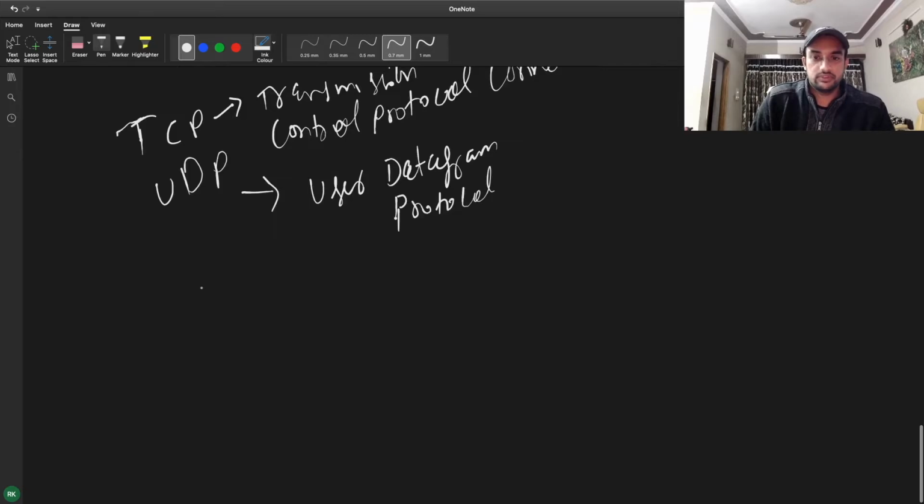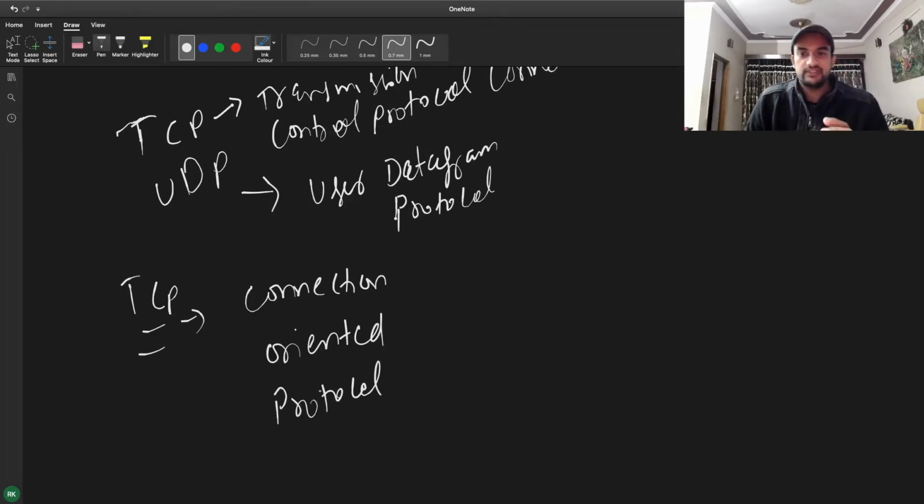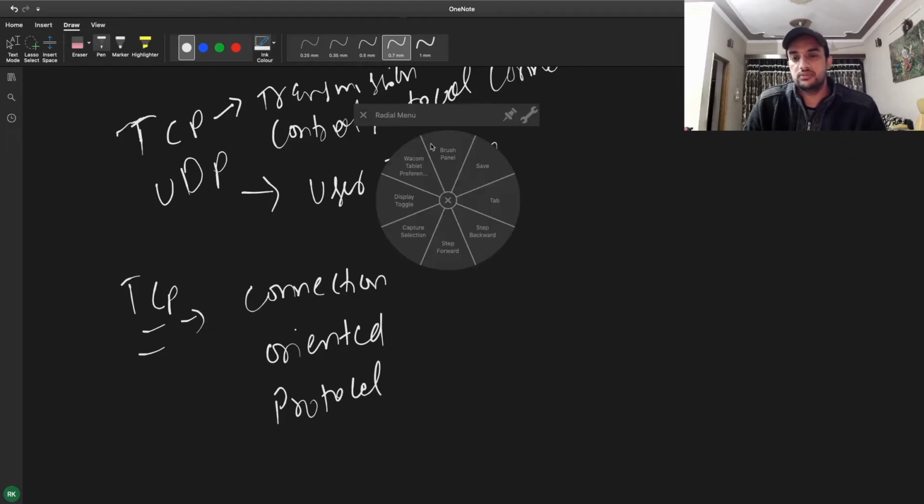Let me give some information about TCP first. TCP is the Transmission Control Protocol, and it's a connection-oriented protocol. When I say connection-oriented, what I mean is that when we want to communicate with a particular client, we have to establish a connection with it. That's TCP's responsibility. TCP provides some information which can be used to authenticate with another user. That's what this protocol is all about.